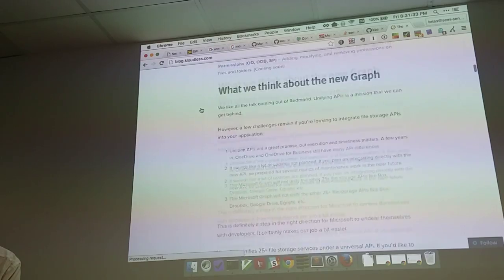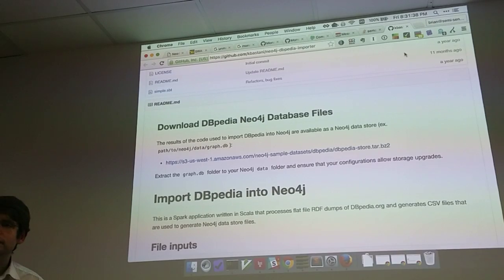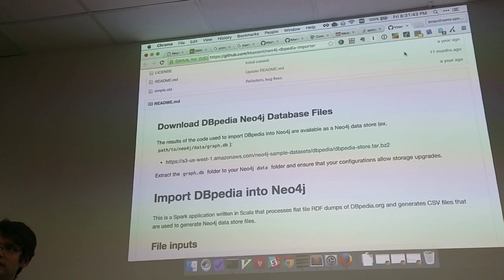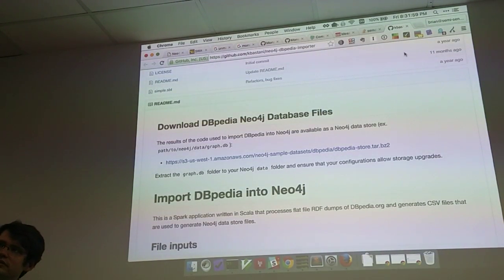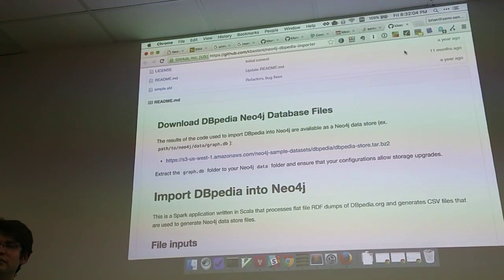Well, maybe I can post this on the Meetup group. But he made a tool to process Neo4j data using MapReduce. I think it was like the Amazon MapReduce solution. I forget what it's called. But he basically was processing Wikipedia, or maybe it was DBpedia. There's an online database in a data structure that's easy to import, and so he imported that into Neo4j, and then was doing analytics with